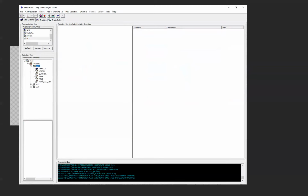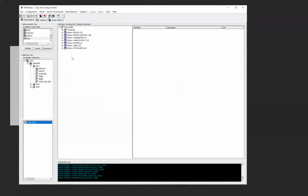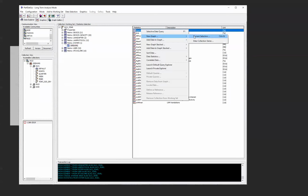We look at the year report, and we select the only one available. This is the long-term report since 1st of January. And again, look at my favorite, the system metrics and the CPU load. We again add a new graph,